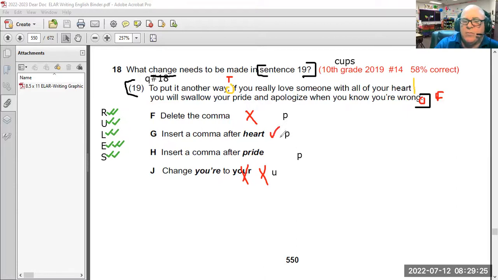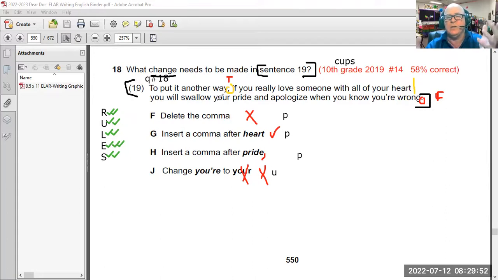I think that is the correct answer. I'm going to put a check mark there, but let's check the other one that's left just in case. Insert a comma after pride. So they're saying, let's slow down and place a comma there after pride. Capital. To put it another way, comma, table bounce. If you really love someone with all your heart, you will swallow your pride, comma, and apologize when you know